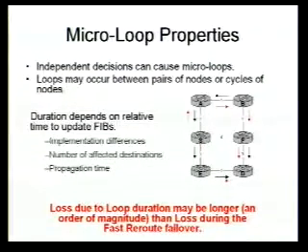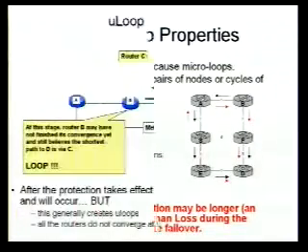microloop properties are really dependent upon the size or diameter of the wavefront of the failure as it reaches all of the nodes that have to reroute traffic around that particular failure, and how long it takes the specific implementation to actually update the FIB. So we've got propagation time, we've got the implementation differences on how to update the FIB, and then of course just plain how much data we actually have to update in our forwarding information bases. The loss due to these microloops is in fact potentially longer than the time it would take to do the fast reroute. So microloops and solving microloop problems becomes a very, very critical step in IP fast reroute.